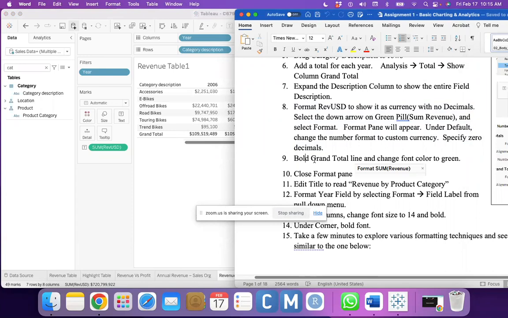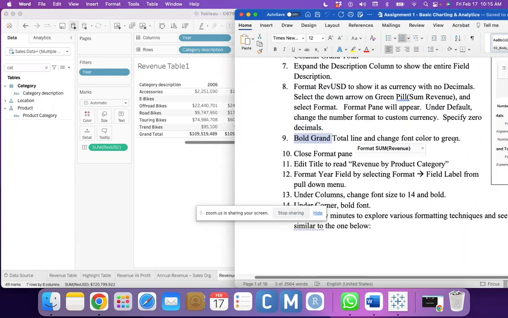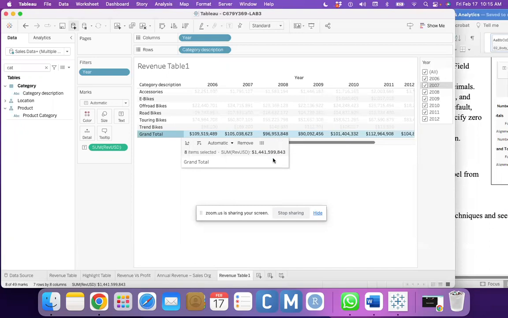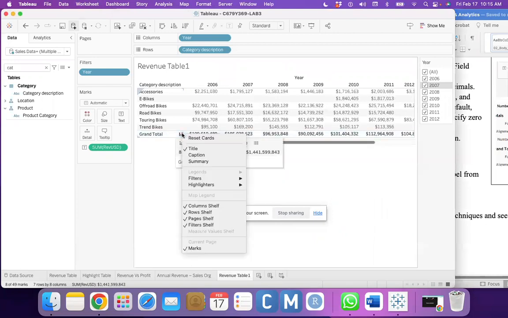Now grand total: bold the grand total line and change the font color to green. So you want to make the grand total text bold. Okay, boldness, I mean it will increase the font, and change the color to green. Simply we can click and